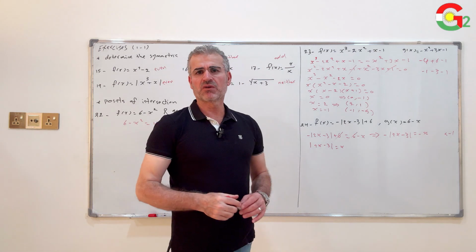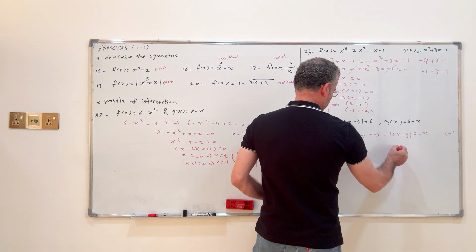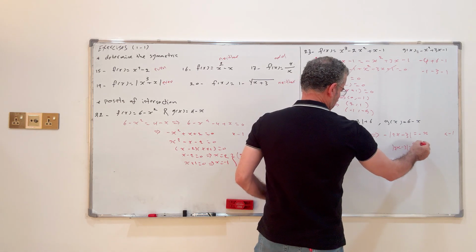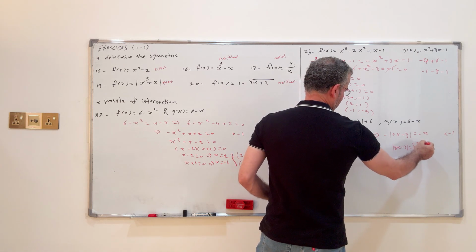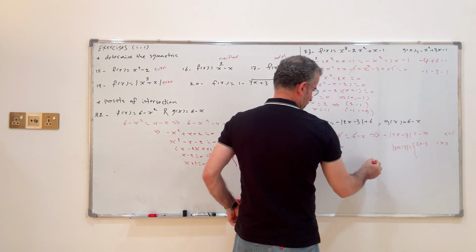Since I have absolute value, I should remove it. I use the definition: absolute value 2x minus 3 equals 2x minus 3 when x is greater than or equal to